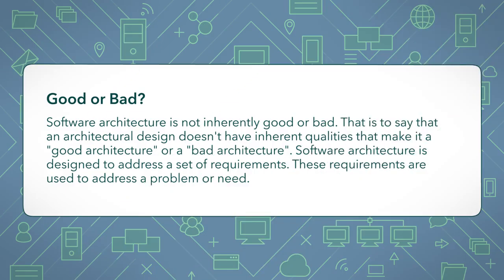Software architecture is not inherently good or bad. That is to say that an architectural design doesn't have inherent qualities that make it a good architecture or a bad architecture. Software architecture is designed to address a set of requirements. These requirements are used to address a problem or need. We've examined various types of system architectures in this course, and each one of them is meant to be used